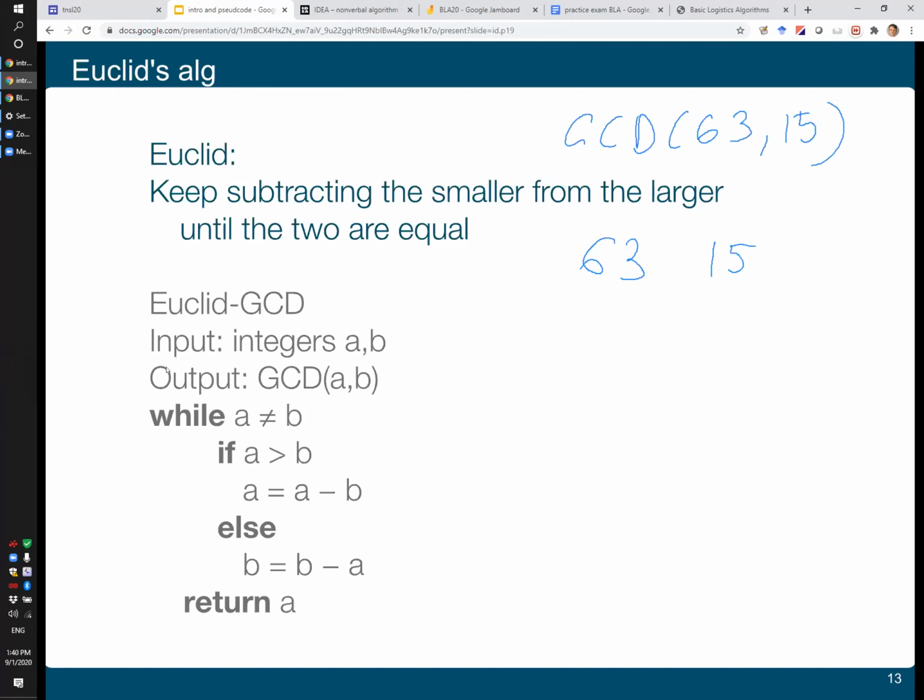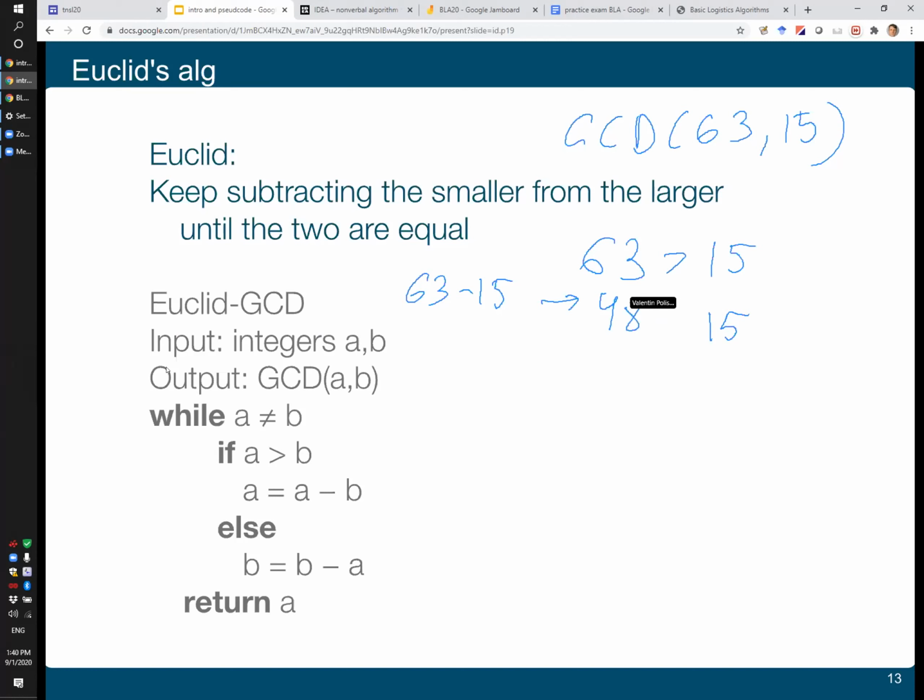So follow the algorithm. We have two numbers. One of them is larger than the other. So 63 is larger than 15. So what do we do? We replace the larger number with the difference between the larger and the smaller. So the smaller number remains as is, and the larger number is replaced by the difference, 63 minus 15, which